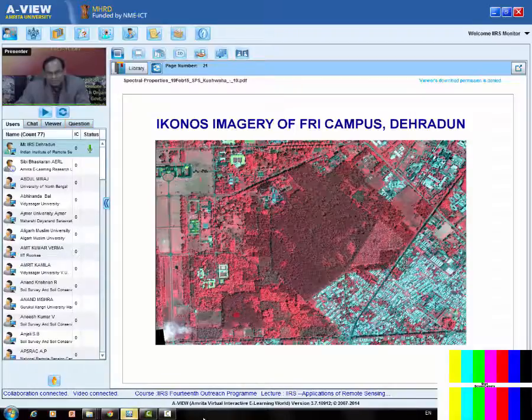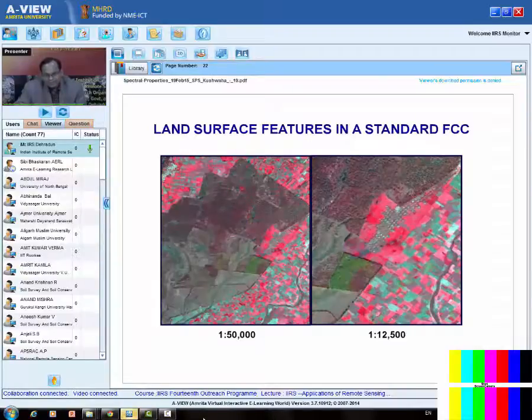So there is economy, there is accuracy, and surely I would say that the spectral properties of Earth's surface features are greatly captured by the sensors and converted into images, which enable us to map and monitor and assess quantity, spread, distribution, and so on and so forth. Other things I will not get into detail, but look at this forest plantation and agricultural crop, very high